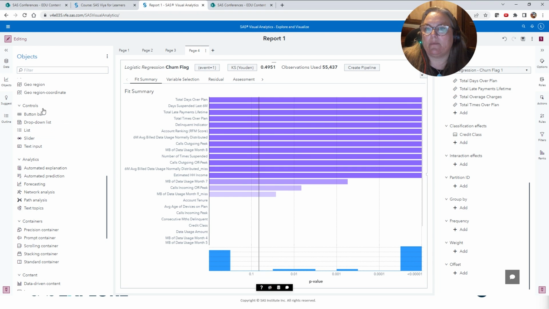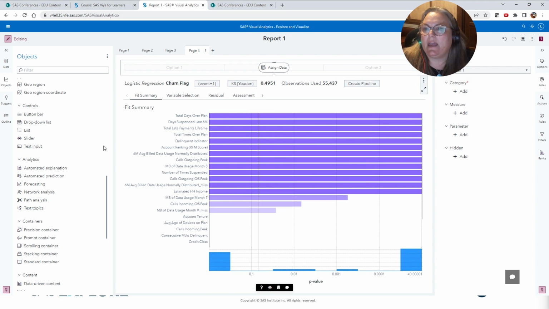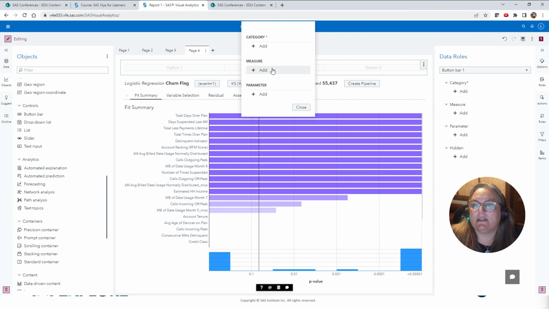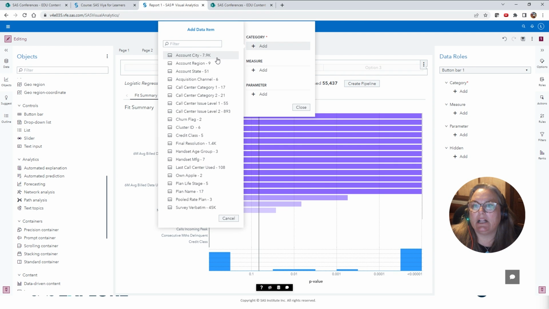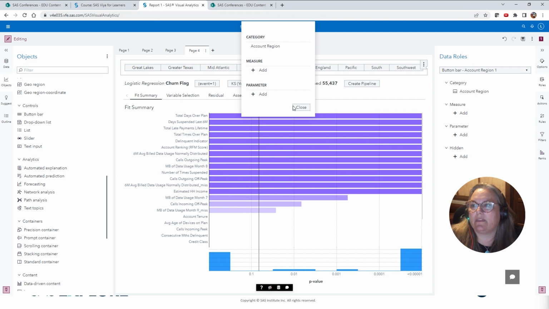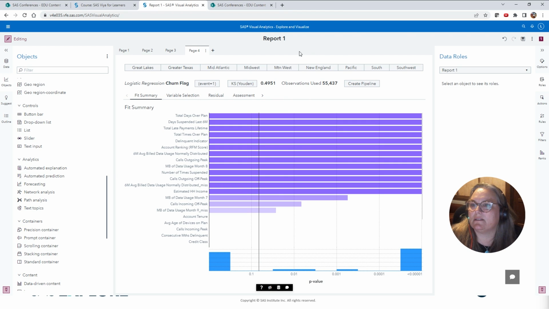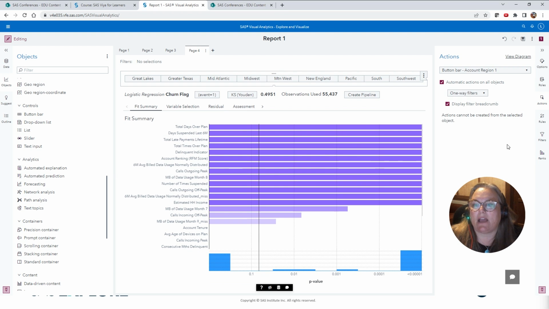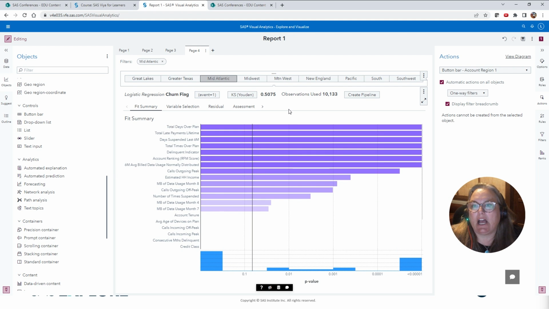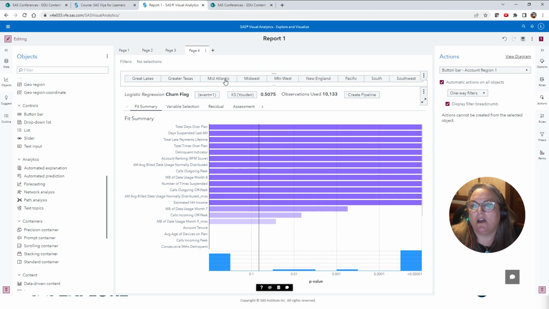So I'm just going to drag the button bar to the top, and then I want to go ahead and assign the region, which I think that we already found doesn't really make a big difference, but I want to show you how to do this, and then I'll set up the actions and I'll select automatic actions. So right now this is for all of my regions. If I'm interested in a specific region, I can select that. I can clear it and it'll go back to all of the regions.